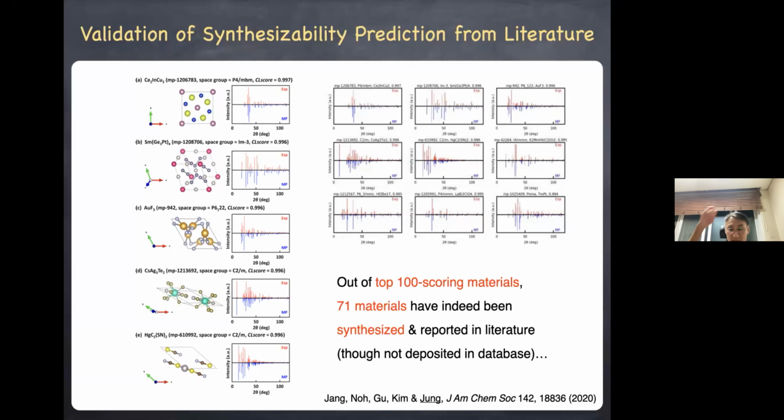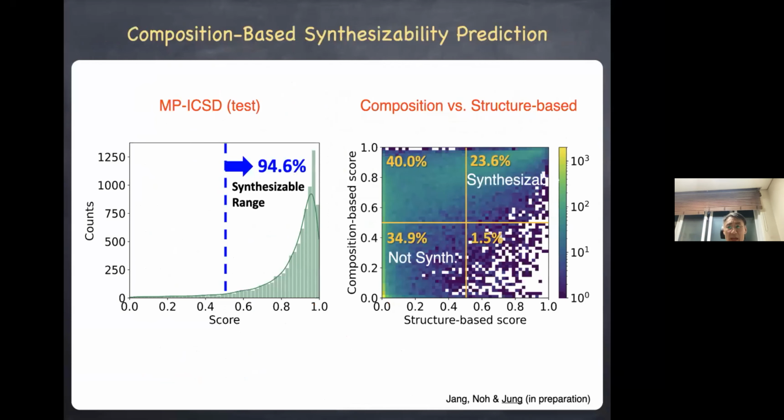So this shows that the validity of the model is very reasonable, and this could be taken as another validation. For experimentalists, it would be good to have a model that can predict the synthesizability based only on the composition, because in many cases you don't know the structure ahead of experimental synthesis. So it'd be good to have a model that can predict the synthesizability only based on the chemical composition, AX, BY, and that kind of thing. And we find we have about 94 to 95% accuracy, even higher.